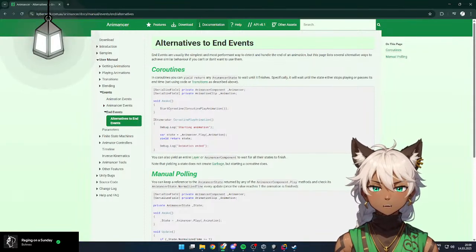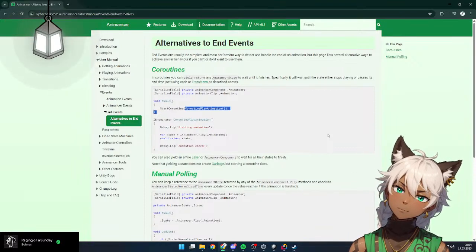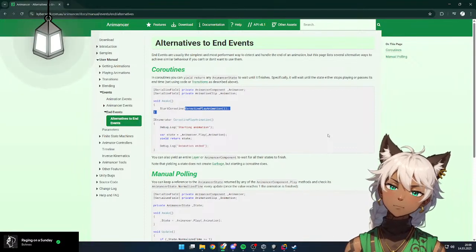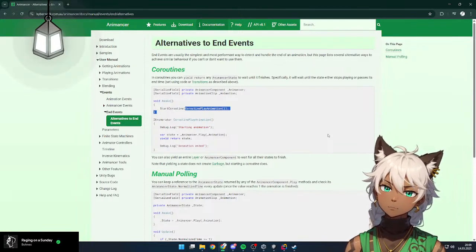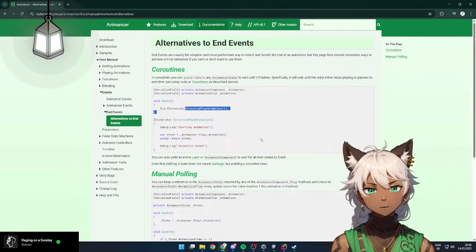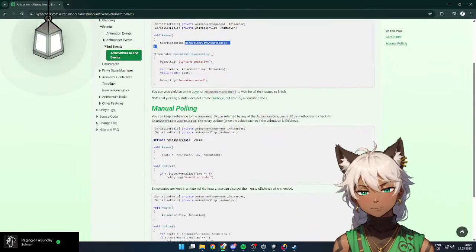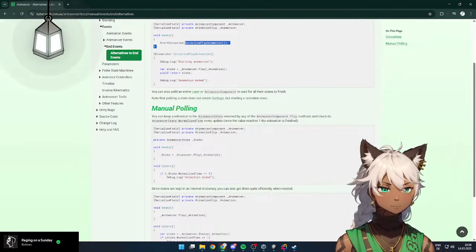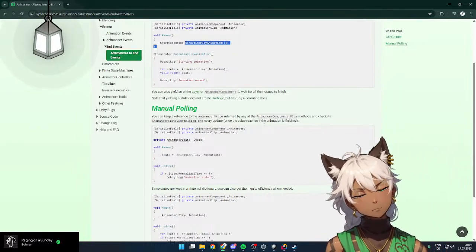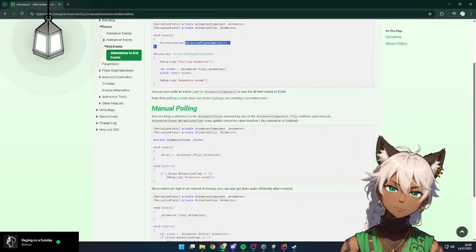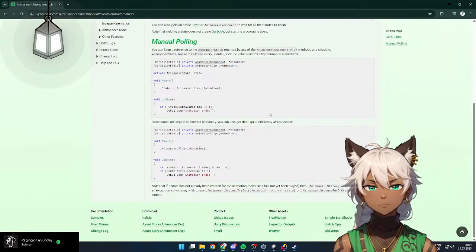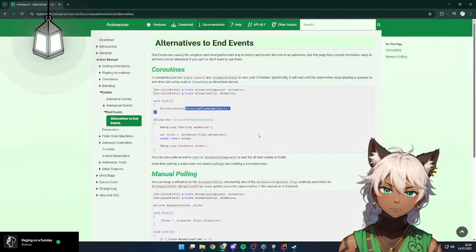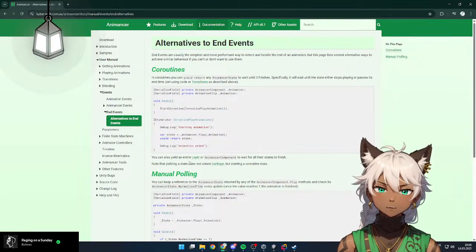Yeah, I know this coroutine stuff. This is not what I want to do. Yield return state. Hey, that's actually interesting. I didn't know you can remember the state. Manual polling also seems interesting. I like this one in a way, but